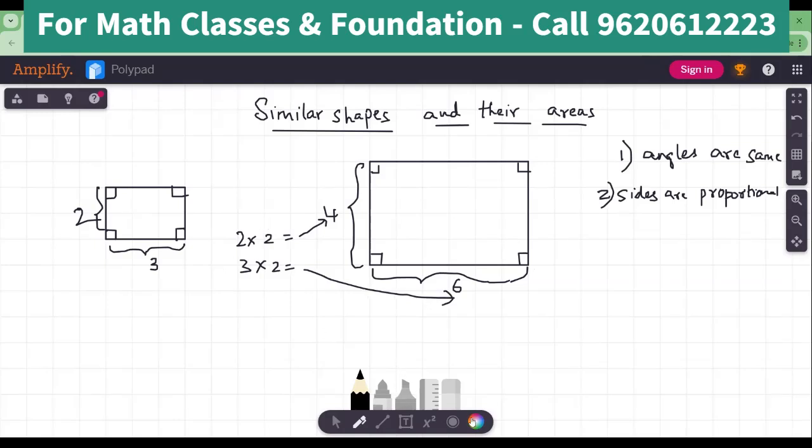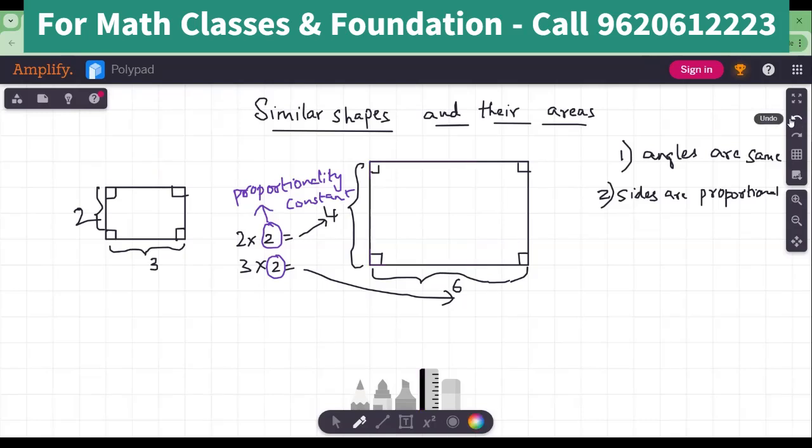So this particular thing is called the proportionality constant. Means how many times it is. And it should be constant. It cannot be that if I had drawn a rectangle, let's say instead of this till here, if I had drawn till here, this purple color, automatically this is a rectangle, but this becomes a square. So it's not at all a similar shape, right?